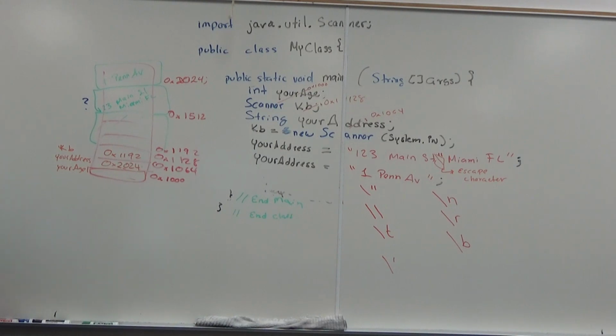And if I want to print backslash, if I just do it like this, it's going to tell me there's no backslash A. That's why it doesn't recognize it. But if I put 2 backslashes,